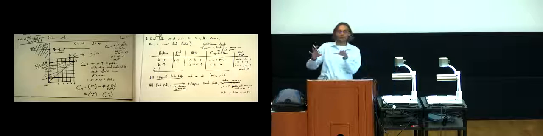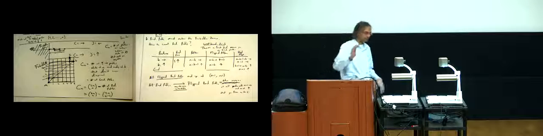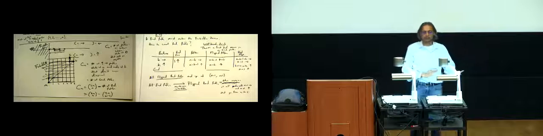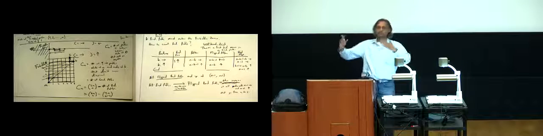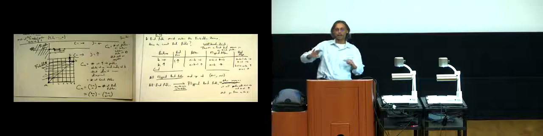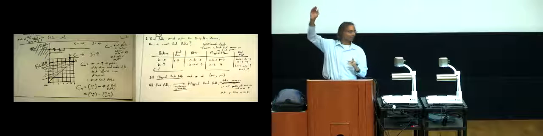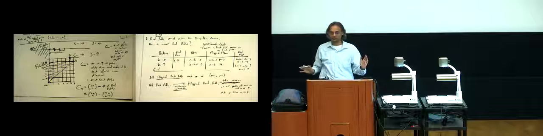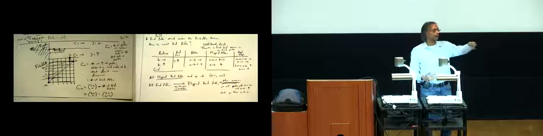This is a little bit harder than I expect you to be able to do on your own, because there were many different moves we made. We started with this nightmare about parentheses. We went to these paths. We said the paths on the line were too annoying, so we went to paths on this grid. Then we said we have this forbidden zone. To count the good paths, we divided between all paths and bad paths. Then for bad paths, we connected them to flipped bad paths, which are paths from A to C. And to get the final count, we counted these different things. This is how combinatorial proofs work. This is combinatorial thinking.